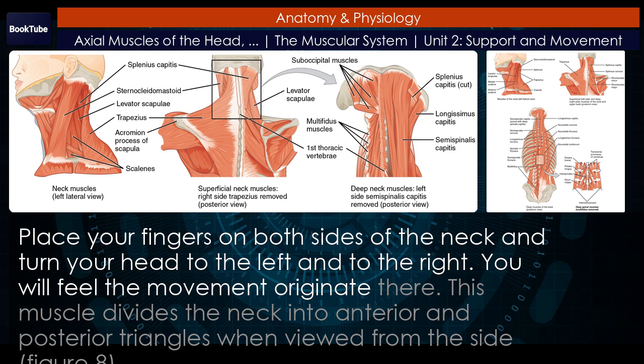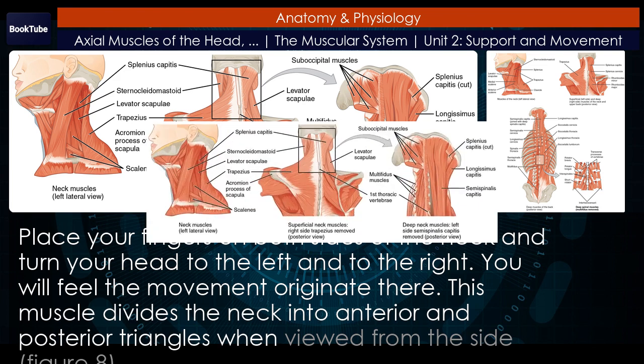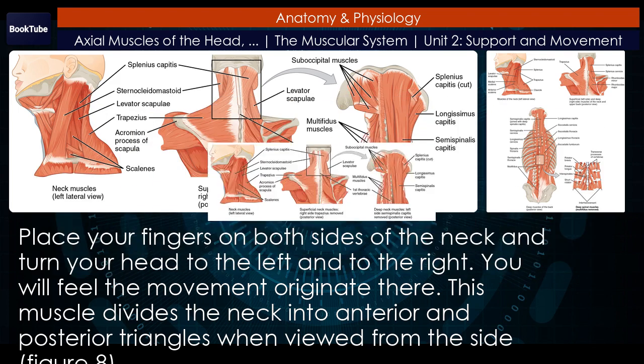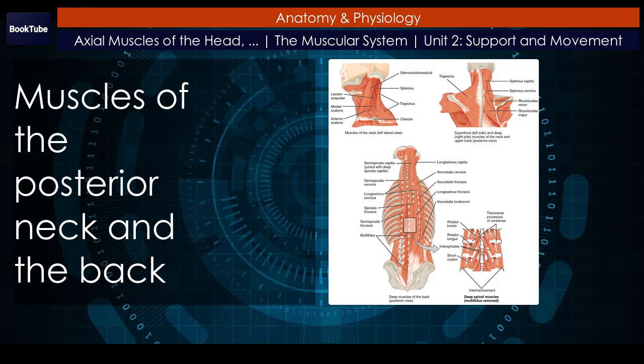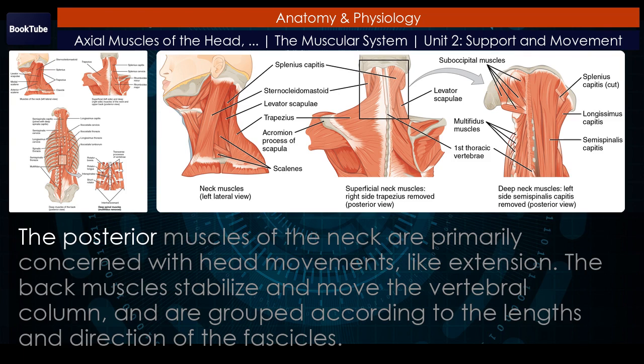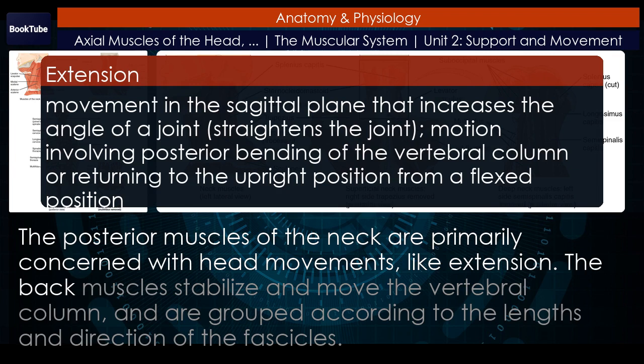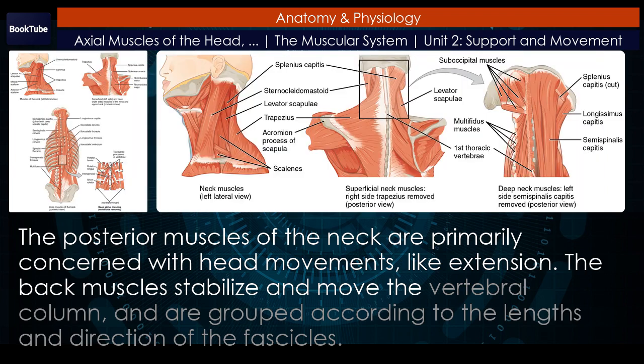This muscle divides the neck into anterior and posterior triangles when viewed from the side. Figure 8. Muscles of the posterior neck and the back. The posterior muscles of the neck are primarily concerned with head movements, like extension. The back muscles stabilize and move the vertebral column, and are grouped according to the lengths and direction of the